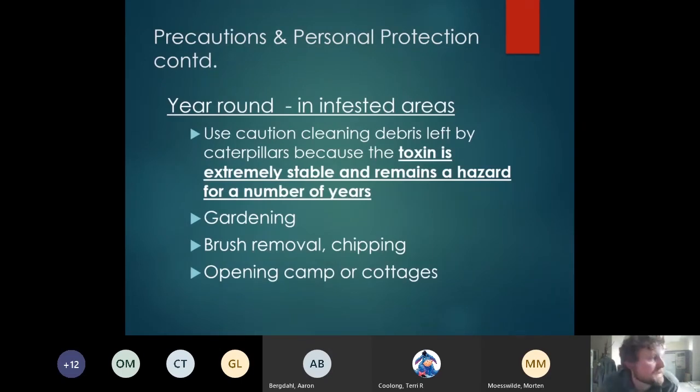Okay, so again, touching upon the toxin being extremely stable and the hairs becoming easily airborne. Most people come into contact with browntail moth hairs when they're gardening or moving brush or chipping brush or opening up their camp or cottage. Areas like under decks and beneath trailers and RVs and cars that haven't moved in a long time, that don't receive a lot of precipitation, those are the areas that you really have to worry about, because the hairs are nice and dry and ready to become